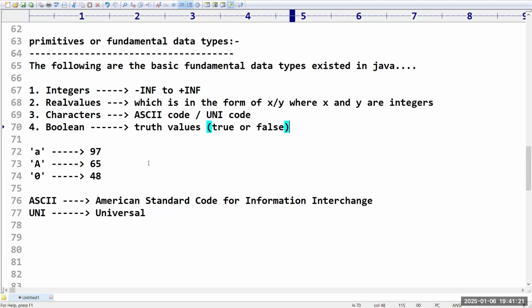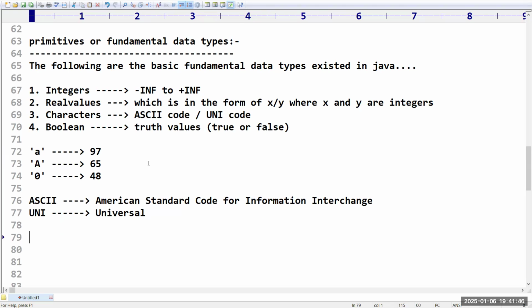How many types of data types are available? At the top level, primitives and non-primitives. In the primitives, there are four categories: integers, real values, characters, and boolean. Integers are minus infinite to plus infinite. Real values are in the form of x by y.